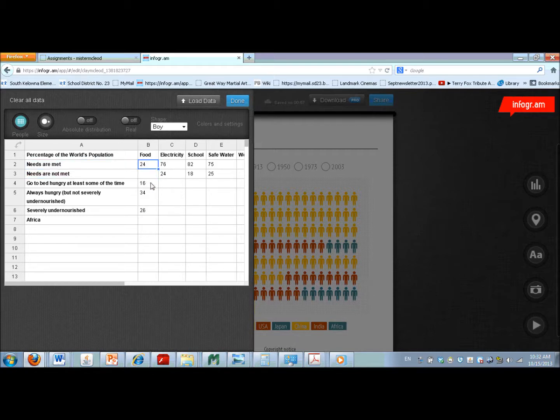So if I go 24 plus 16, I get 40, and then 34 plus 26 equals 60, and 40 plus 60 equals 100. So that accounts for all 100 people in the village. Similarly, when I go over to